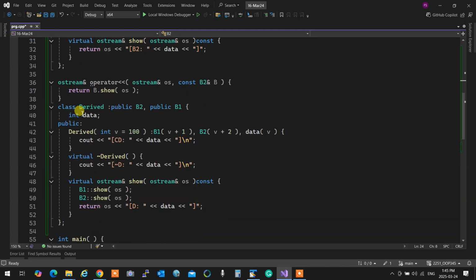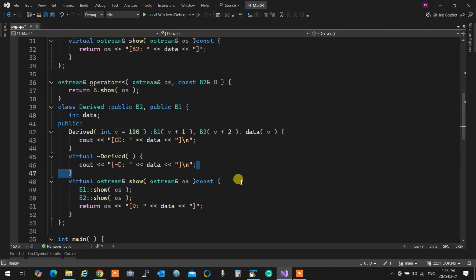And then I am deriving from B1 and B2 at the same time. Therefore, the class derived has two parents at the same level, B1 and B2. As you see, the syntax is identical to regular inheritance, so everything works the exact same way.